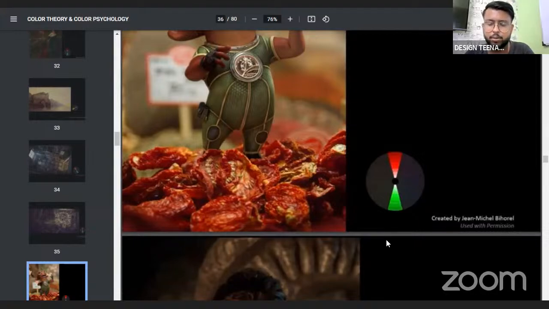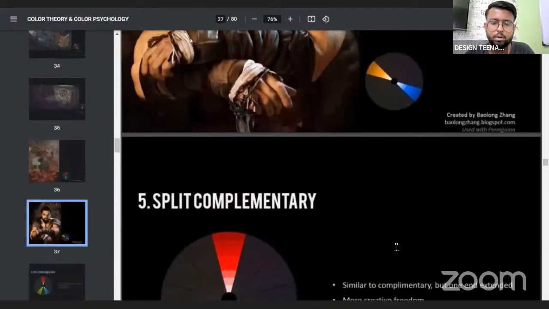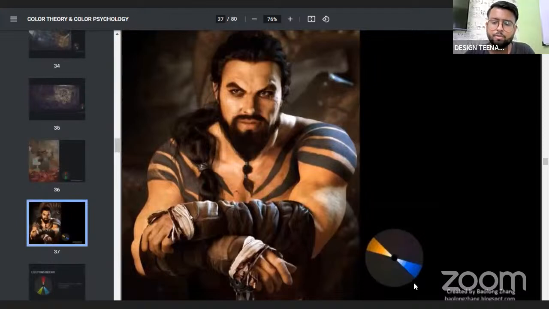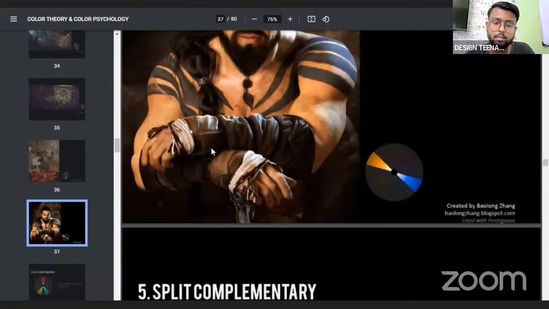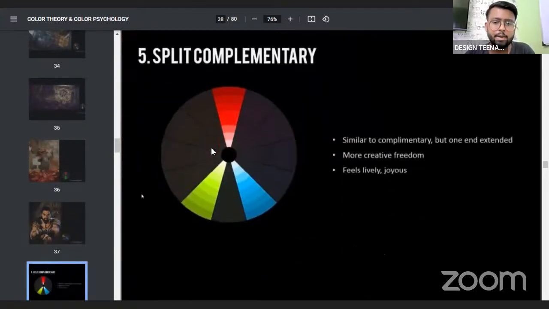Now over here, what we are going to see next. Okay, this is a good example of usage of yellow and blue, wherein again we see this particular complementary color scheme. Now we have something called split complementary, and this split complementary is important for your exam. Till now you were taking two colors opposite to each other. Right now there will be a color and the color opposite to it.